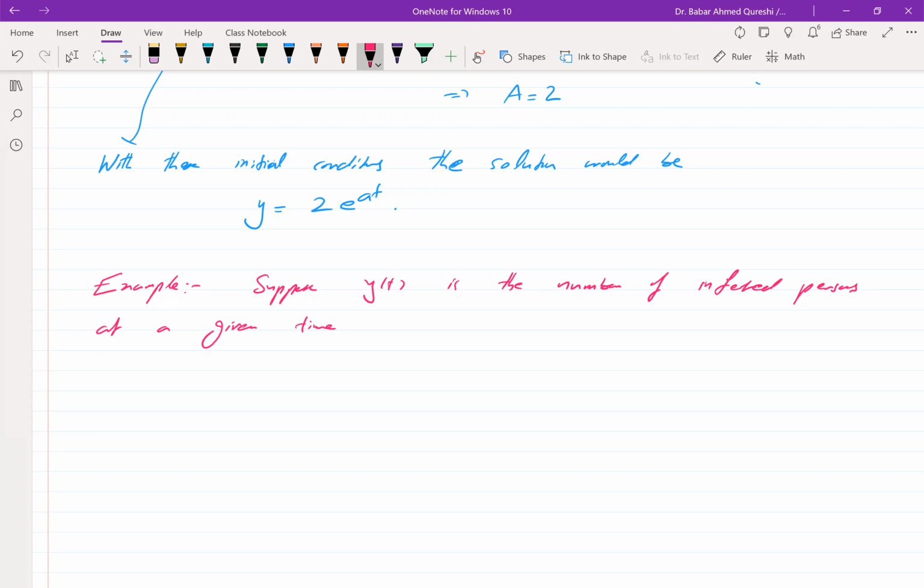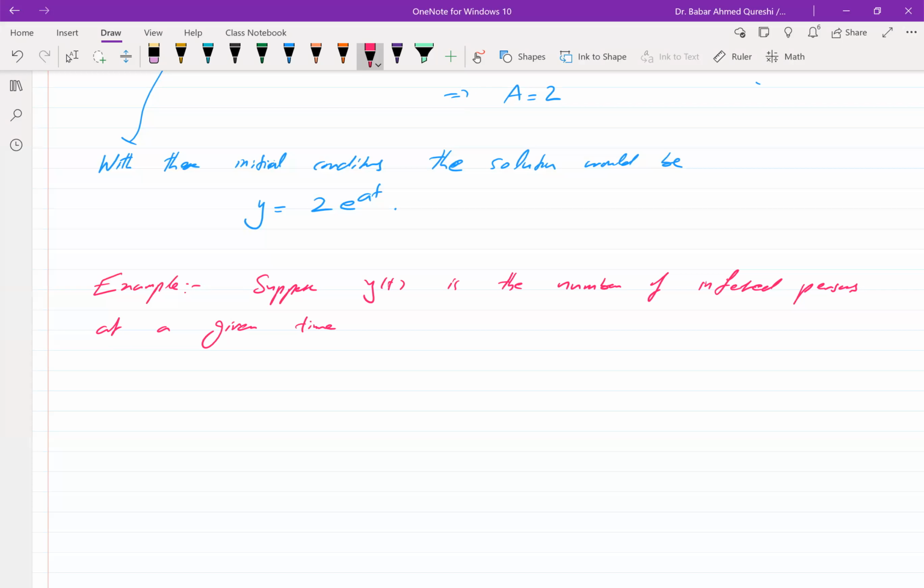I'm just trying to make up some extremely simple model of spread of infection. It turns out it's actually way too simple, but as just a model, as just an example for our mathematical setup, it's fine. I can do whatever I want as long as I don't expect it to be very accurate with the real world. But suppose y of t is the number of infectious persons at a given time in a population,